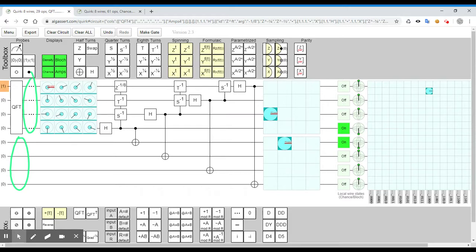Because if it's odd, it means that the whole thing is just split in half, and they're two halves of one bigger picture. And if it's even, it means